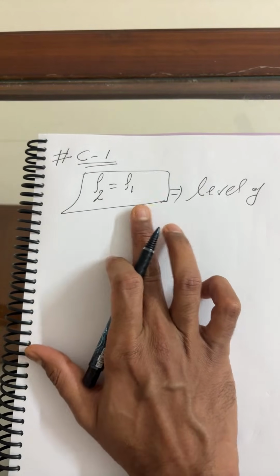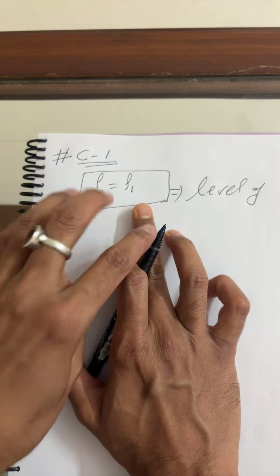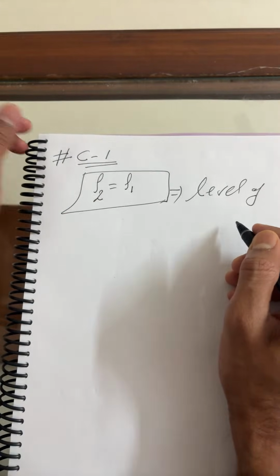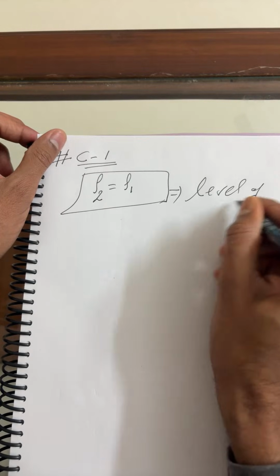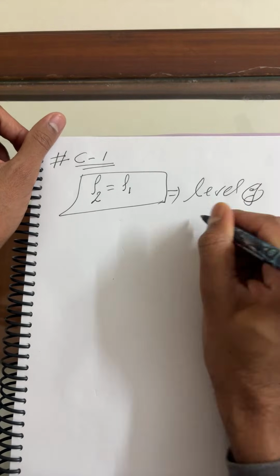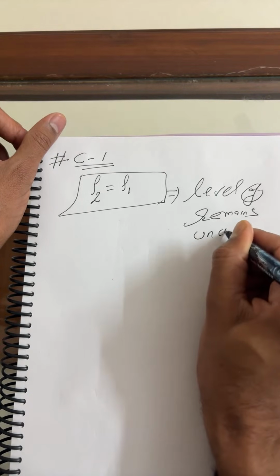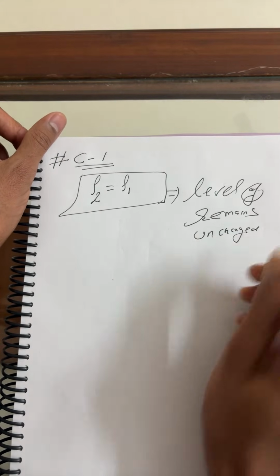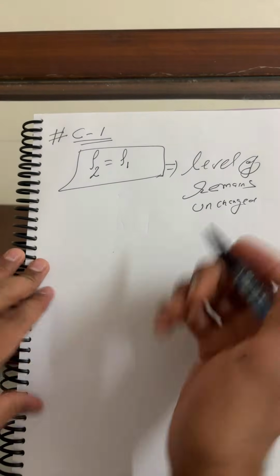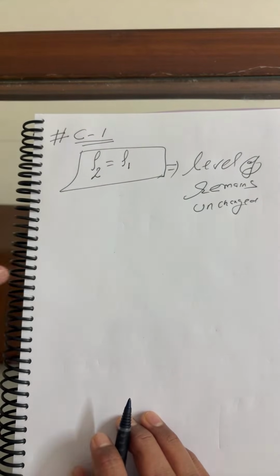So beta, let us suppose I'm considering a situation: a piece of ice floating. This is our condition of floating. A piece of ice, beta, in a glass vessel. For this condition, the level remains unchanged here. I'll discuss this concept in detail with the help of an illustration. This is case 1.